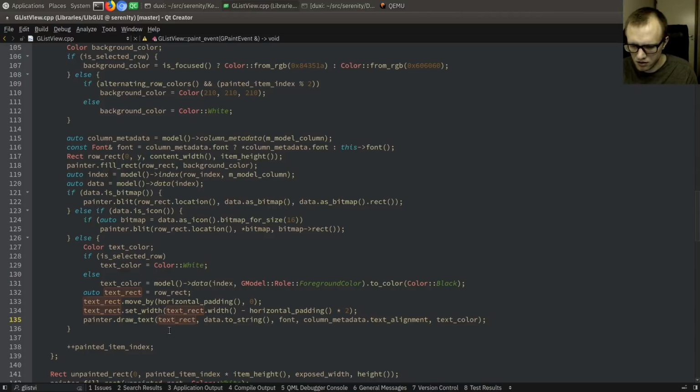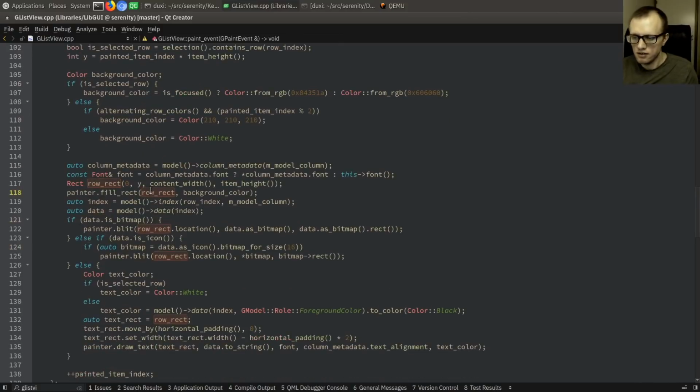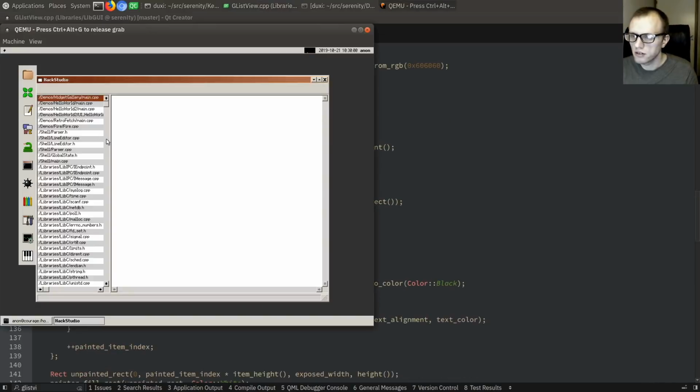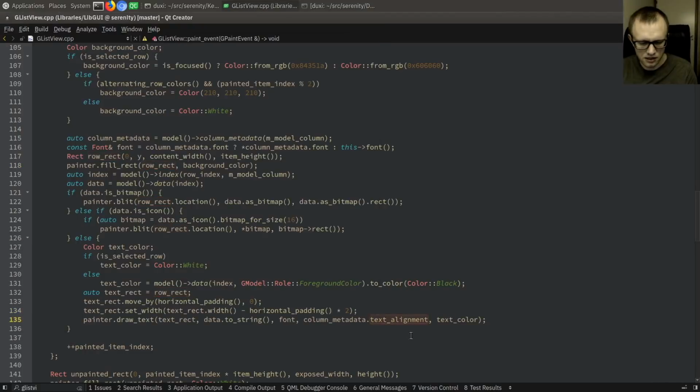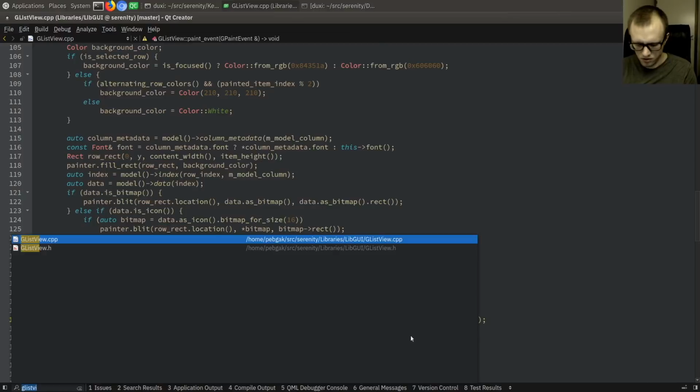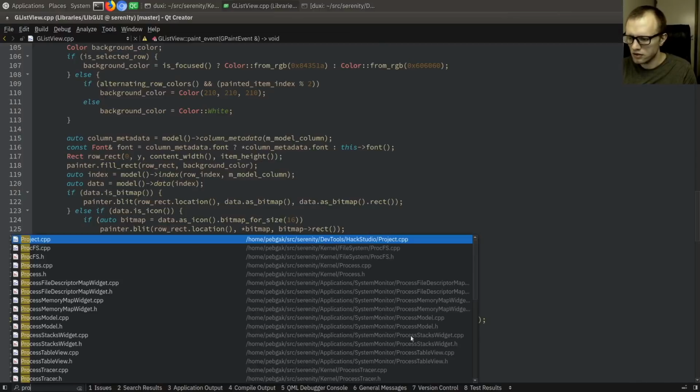Text rect. Text rect is a row rect. Why is it ending up like that? It's filling it with the background color. It's definitely the right background color. The selected one is the selected color. So, but this does look like top left. So are we actually getting text alignment correctly? Let's have a look. So if you go on project,